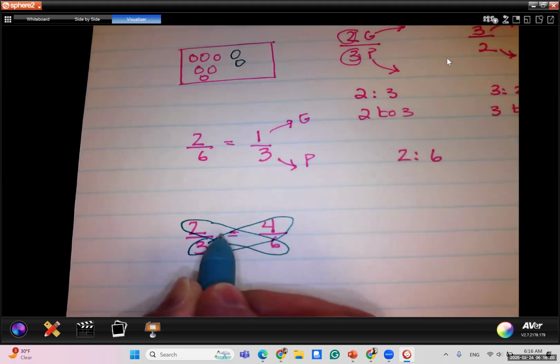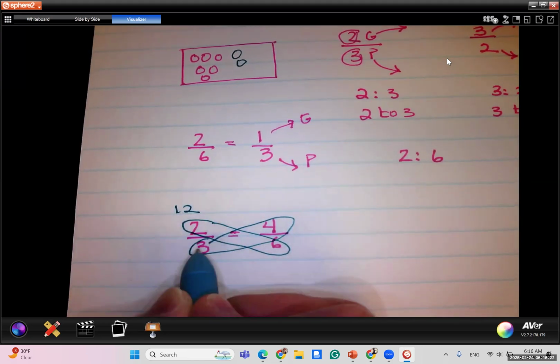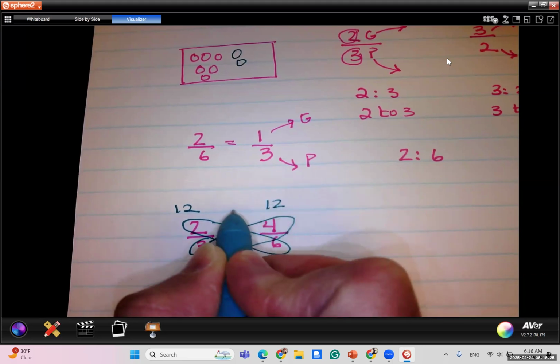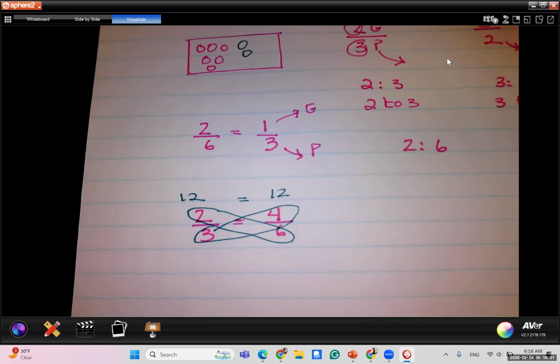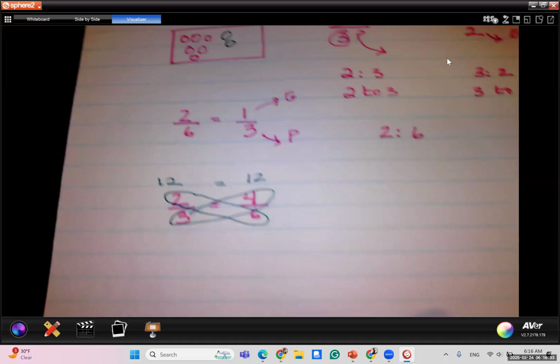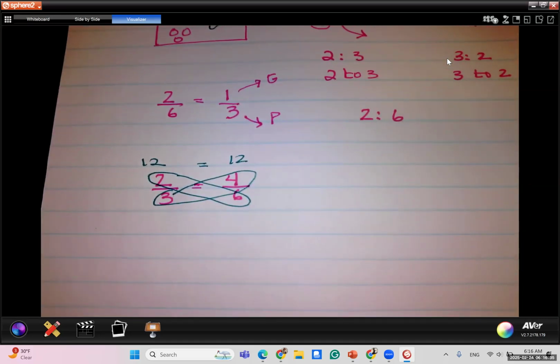2 times 6 is 12, and 3 times 4 is 12. That means these 2 fractions are equivalent, okay? So 2 ratios that are set equal to each other form a proportion. Now, normally we don't just go around setting ratios equal to each other. We normally use this to find a missing